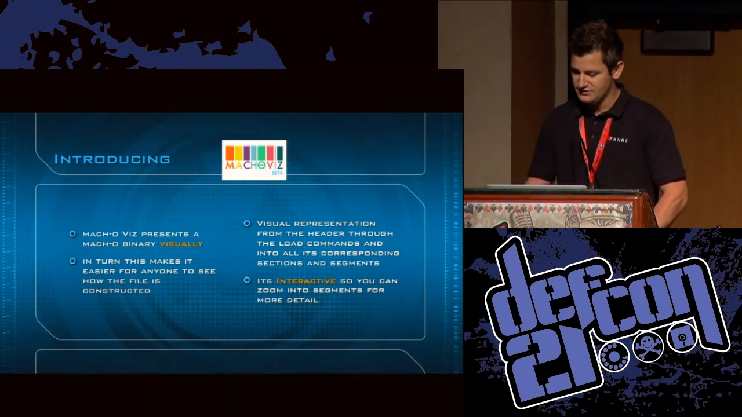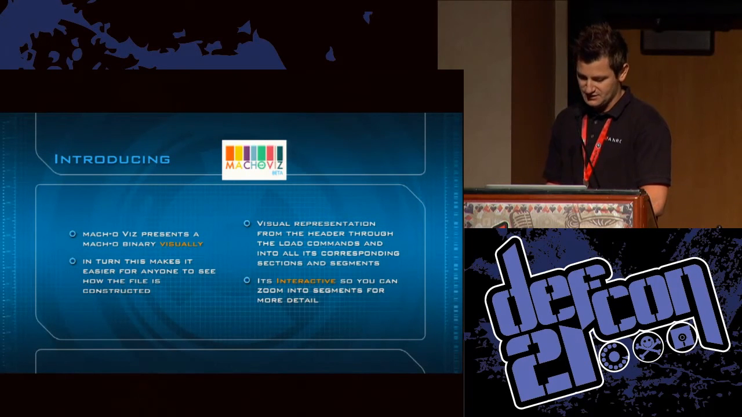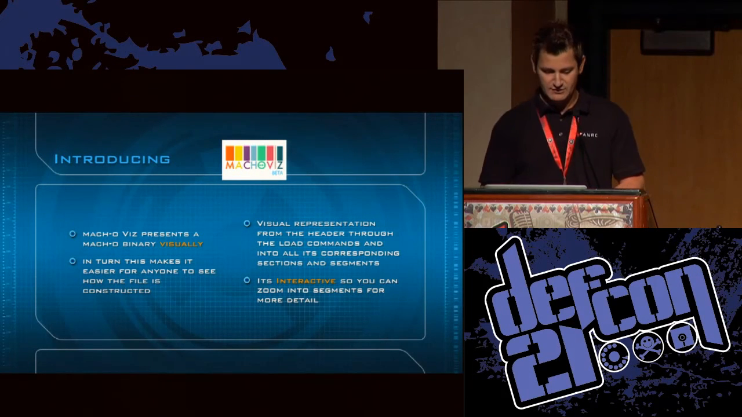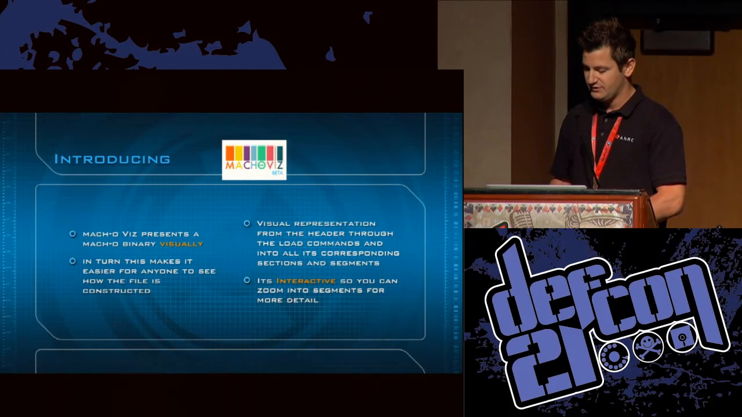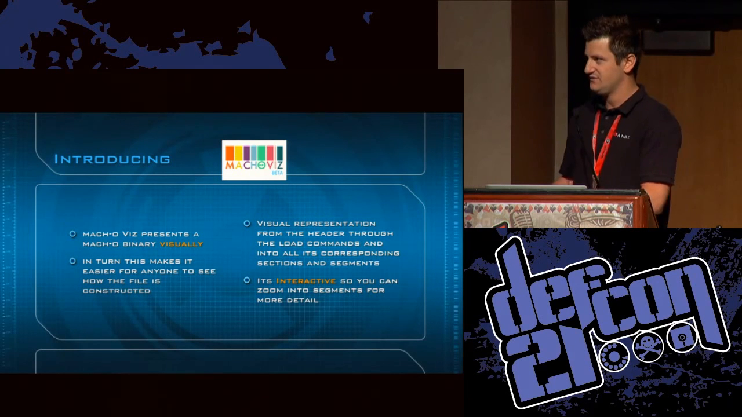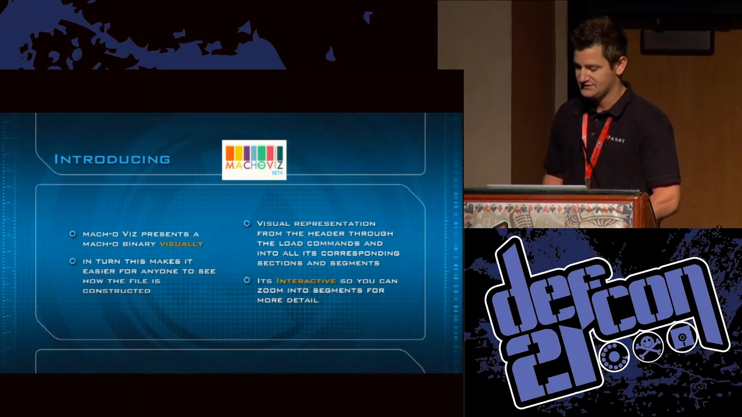So with that, I'm introducing MachoViz in beta. It basically presents the Mach-O binary in a visual format. For those of you who don't know what a Mach-O file is, it's basically the file format used on iOS and Mac devices. If you're familiar with Windows, you're going to see the PE file format, and with Linux, it's going to be the ELF